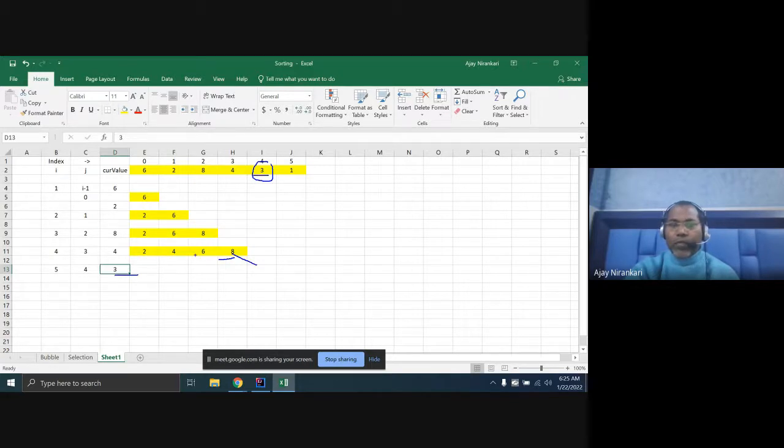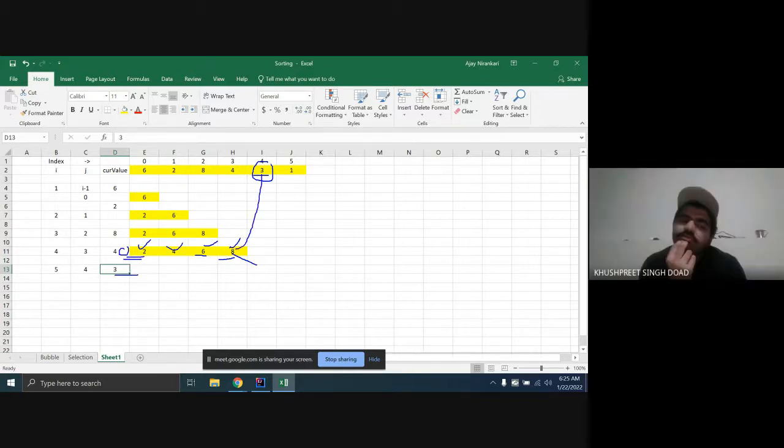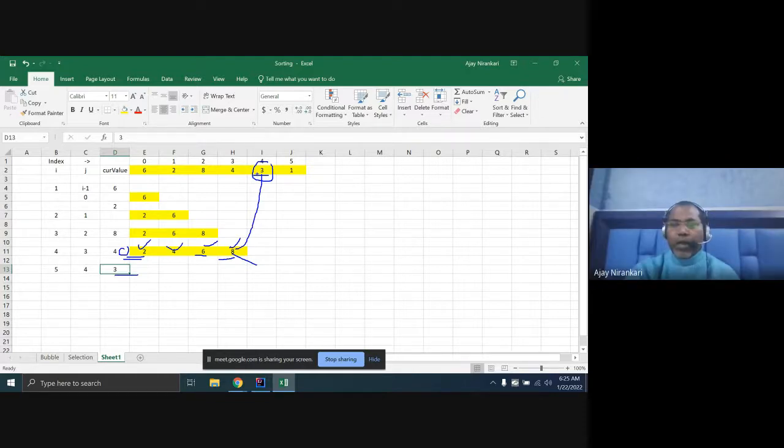Again 4 to this, this is your j equal to, started from 3, 3 minus 1, minus 2, minus 3, minus 4, right? So until your j becomes 0, you have to run the loop only till 0, right? So you have to check this greater than, shift it. Again check your current is less than, just shift it.